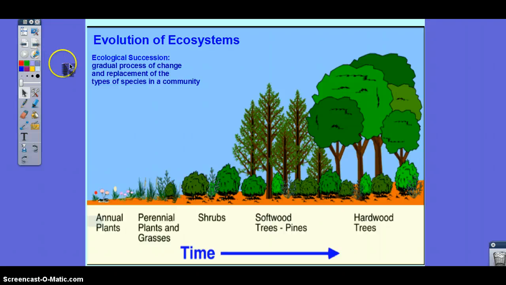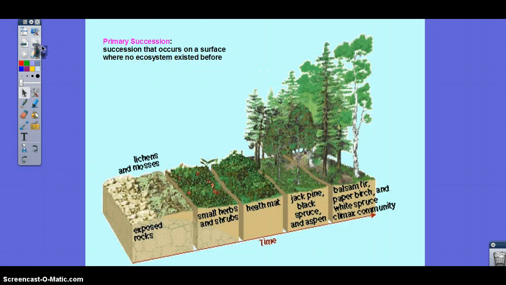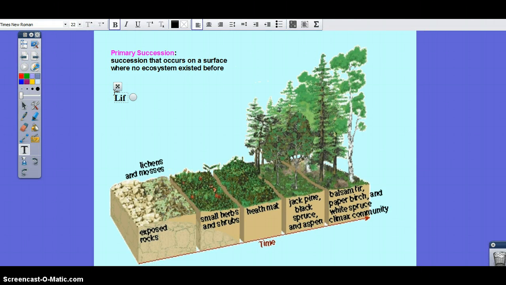Ecological evolution, or evolution of ecosystems, is called ecological succession, and this is a change within an ecosystem over time. And this image kind of shows you how you start off with low shrubs or weeds, and eventually you can end up with a forest if you let it develop. Primary succession. In this scenario, you're going to have a lifeless habitat, and that means there is no soil. So your primary species are going to be your lichens and your mosses, or your pioneer species. You need to know both of those words.